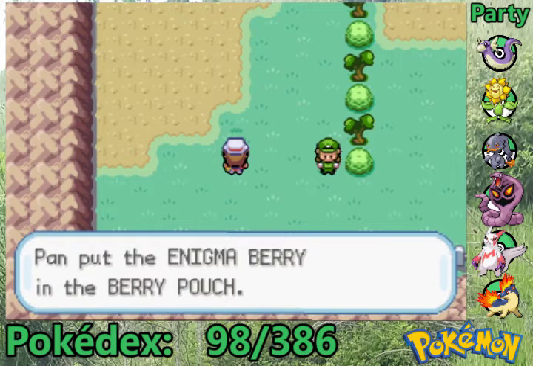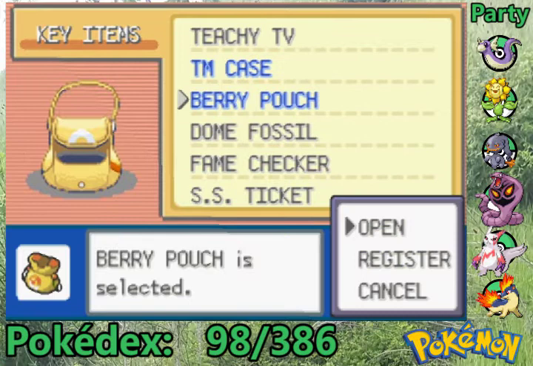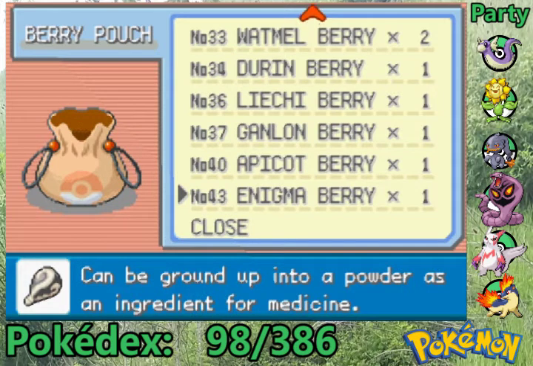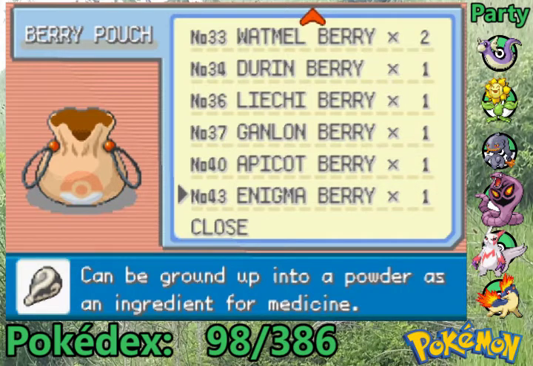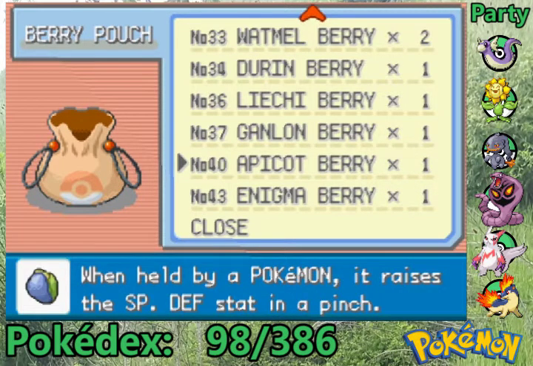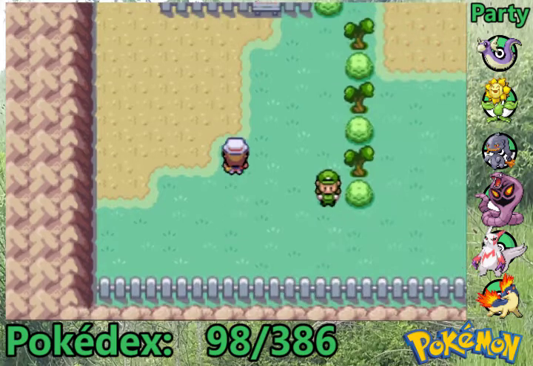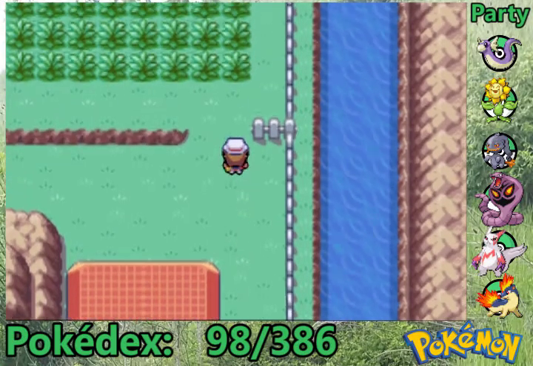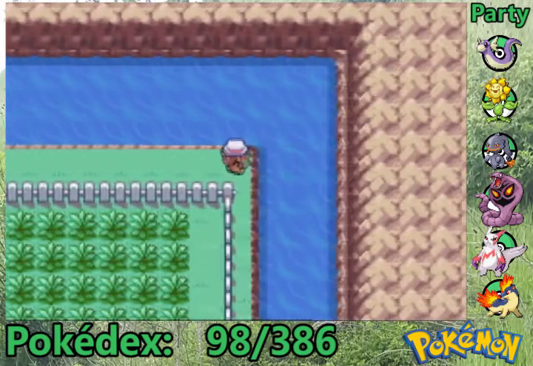Enigma. Oh, that's super rare, huh? Bag. I've never actually seen one. Enigma berry. Can be ground up into a powder as an ingredient for medicine. Oh, there's no card. Look at it. It's neat looking. Cool. I'm saying cool like in the Lion King Genesis game. Is there anybody else I can...